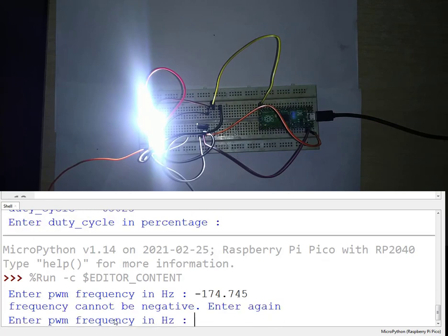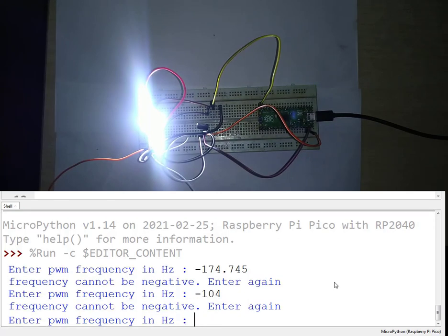So if I hit the enter key, the program does not crash, but it throws you a message which says that frequency cannot be negative and hence you have to enter it again. It will again ask you the frequency. For example, if you enter something which is again not acceptable, instead of crashing in between, it will ask you to enter the right frequency.